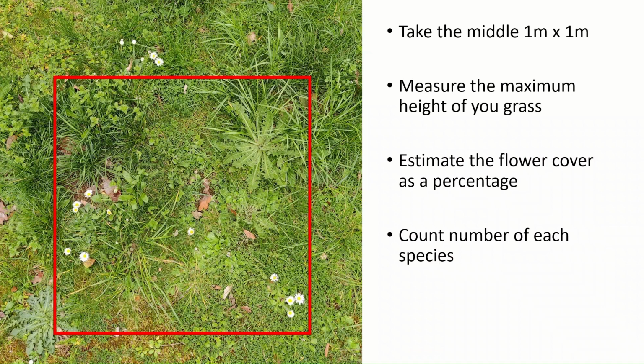Then you need to count how many of each species there are. Unfortunately, the photo I've got was taken in April, so there's just daisies on my lawn, but there's about 13 daisies within my lawn, so I just jot that down in my